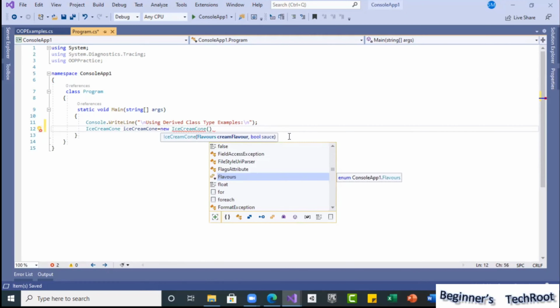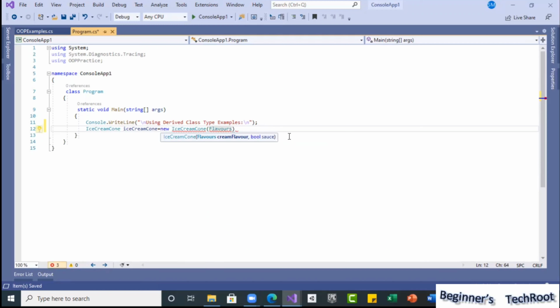flavors, whatever the flavors and whatever the sauce we are going to select. So when you pass, also use the same type. So flavors dot, okay, in the screens, however the input we can give, that is a different concept that we can learn when we design the screens with user input. But generally, whatever choice we give here is the same.